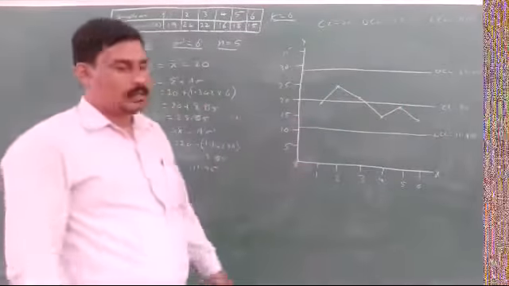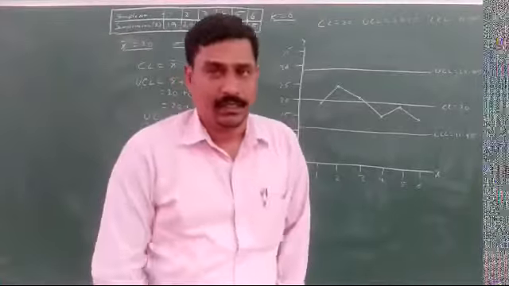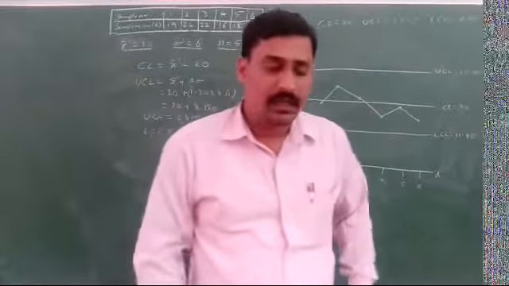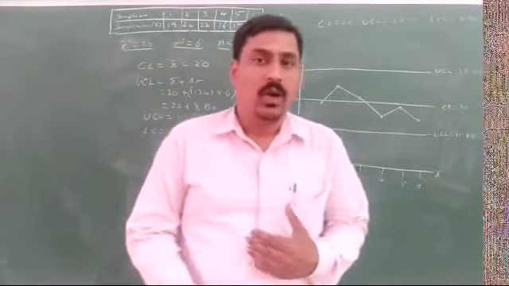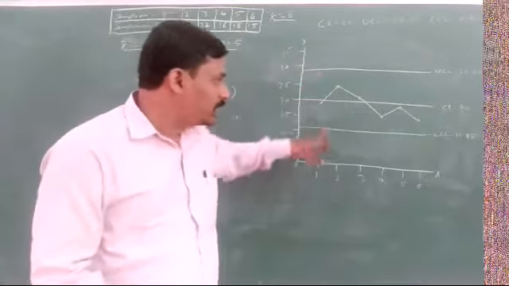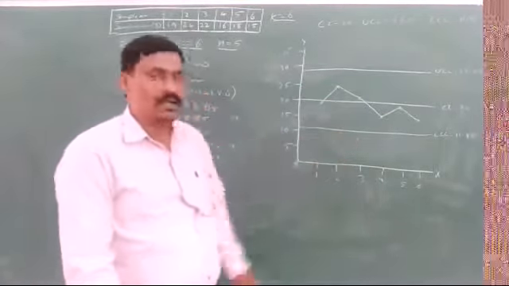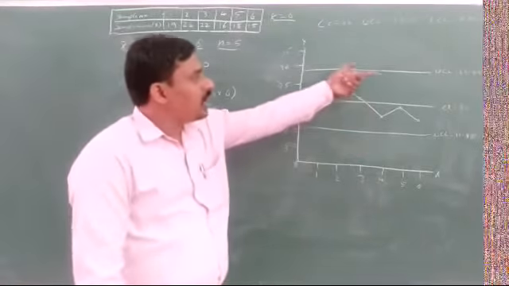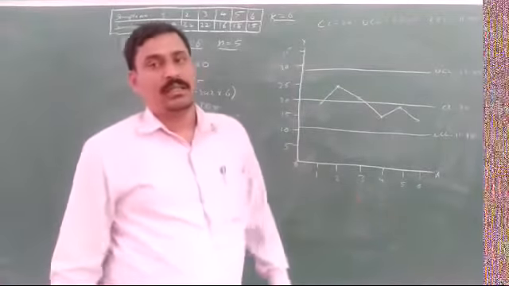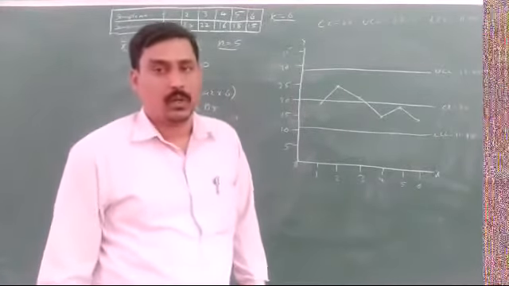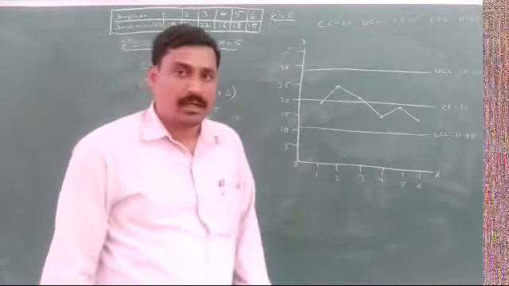So after plotting all the values in the graph, how do we give a conclusion here, how do we study that? Okay, so here is how to analyze. If any value is lying above or below the upper and lower control limit, so if any value is less than 11.95, if it lies in this area, or any value is above 28.05 and it lies in this area, then we say the product is not under control. That means the product is defective. Don't send it to the market, it tells.